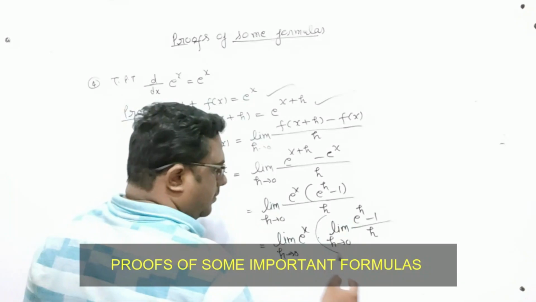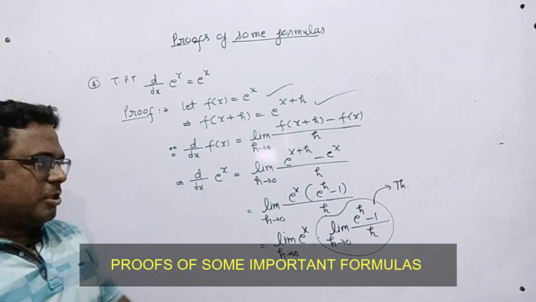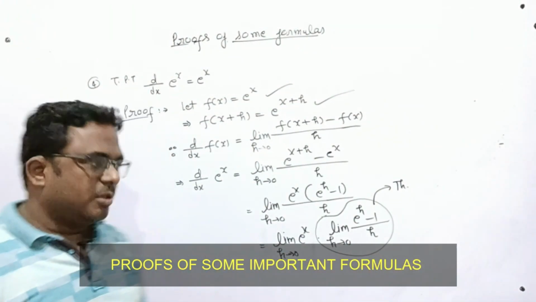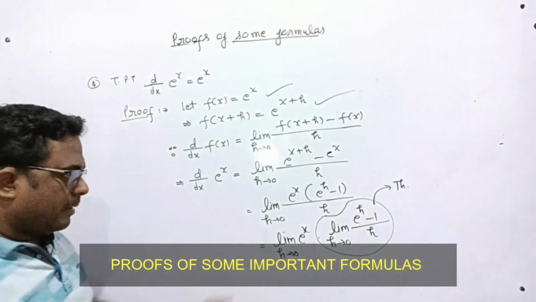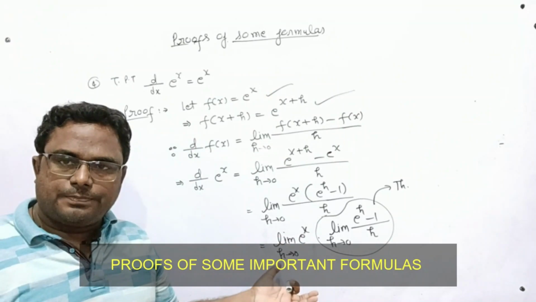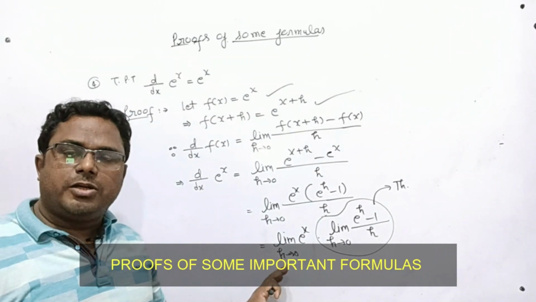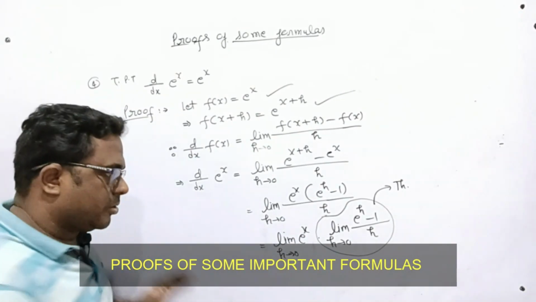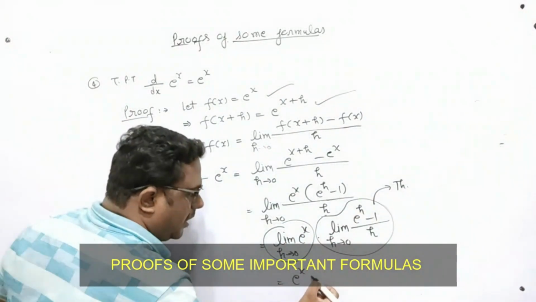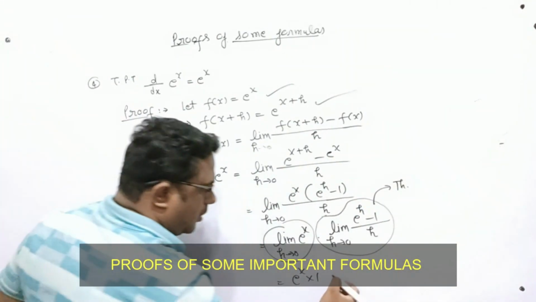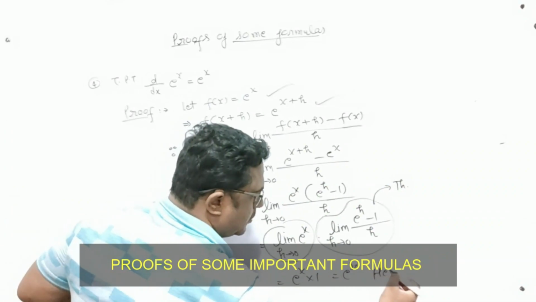Again, this is a theorem in the topic of limit. It's a theorem and its value is 1. You have to remember this. So its value will become 1, and in this portion e^x is free from h. It is not having any h with it, so limit h tending to 0 will have no effect on it. So its value will be simple e^x times 1. So finally what is our answer? Our answer is e^x, hence proved.